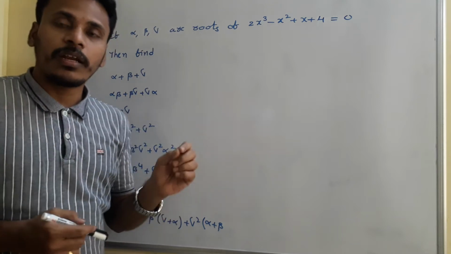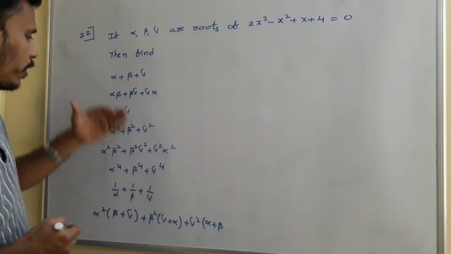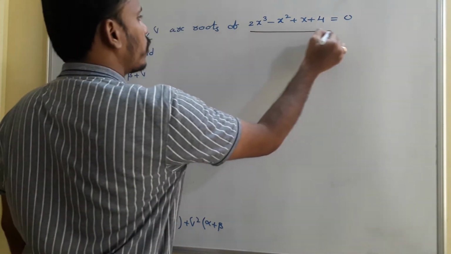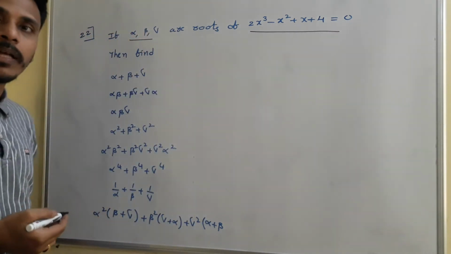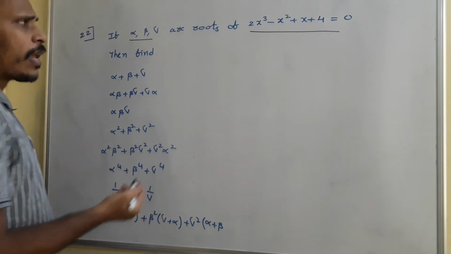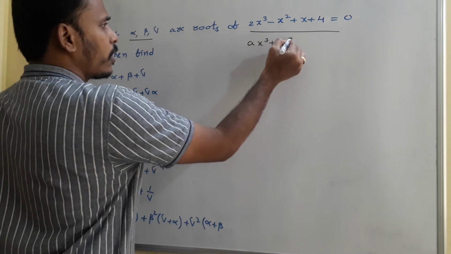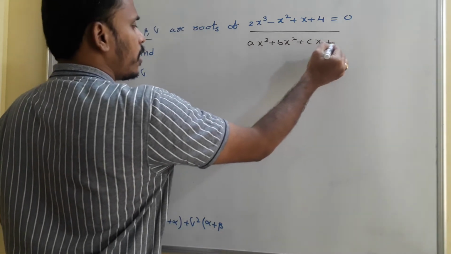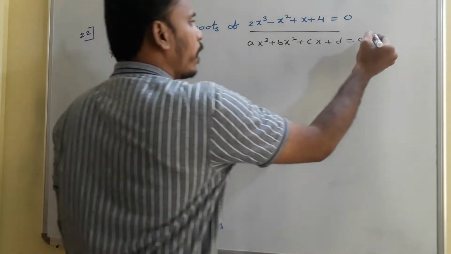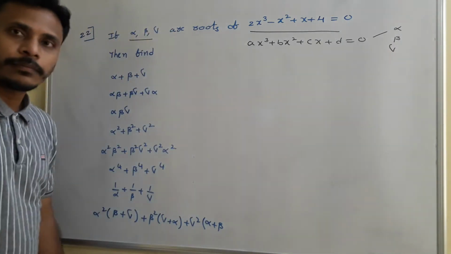Already we discussed the relation between the roots and the coefficients. Based on that, we need to find all these values. If alpha, beta, gamma are the roots of 2x cube minus x square plus x plus 4 equals 0, okay? As we know, suppose the polynomial is ax cube plus bx square plus cx plus d equals 0, and if this polynomial has three roots alpha, beta, gamma, as we discussed